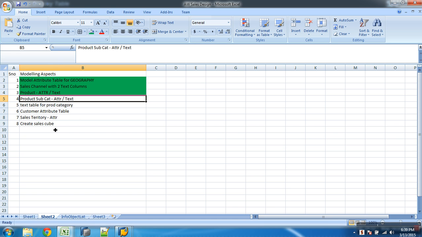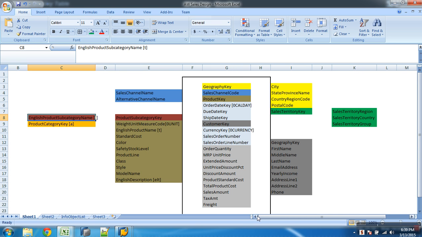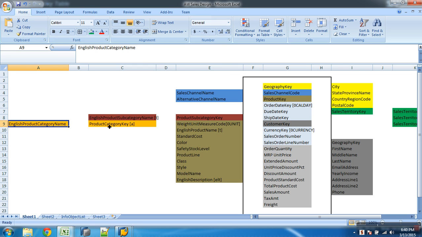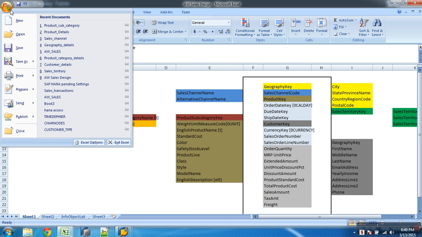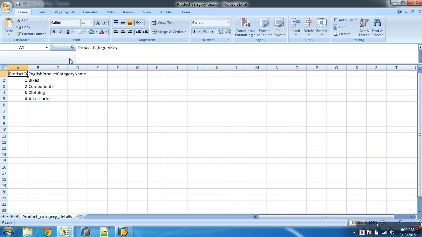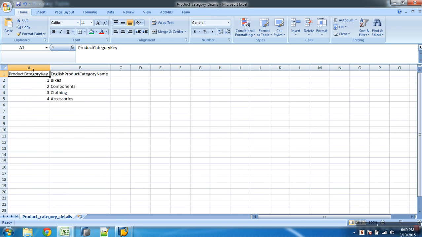So now I go to my sheet 2. So subcategory attribute and text are ready. Now let's look at what else we still have here. We have category key, and for this category key, what description is given in another file for me? We should have something like product category. So this will have only two things: product category key and the name of the product. So can I just maintain all this and send it into a text table straight away?